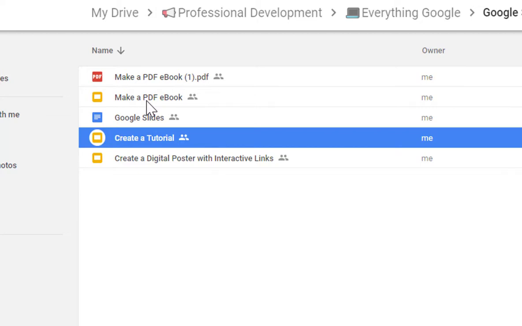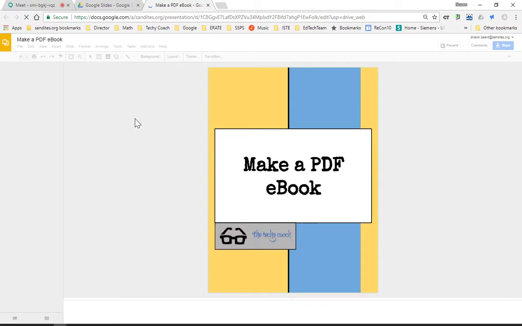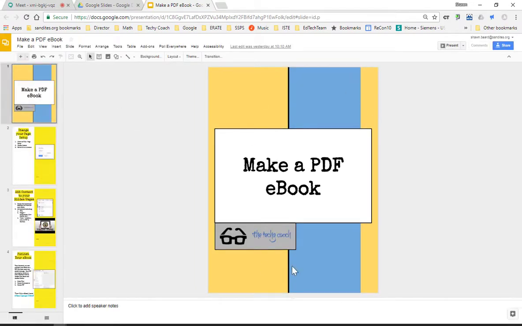There's this push to find free content on the web that you can use in your curriculum and embed interactives and videos and flash content into your books so that you can use them in the classroom, but also make the books digital so that kids can access them when they need to. And an easy way to do that, I know a lot of people will want to go to Google Docs to do that, but a great way to do that is to use Google Slides to make a PDF ebook. And so what I've done here, just like I did in the previous example, I changed the Google